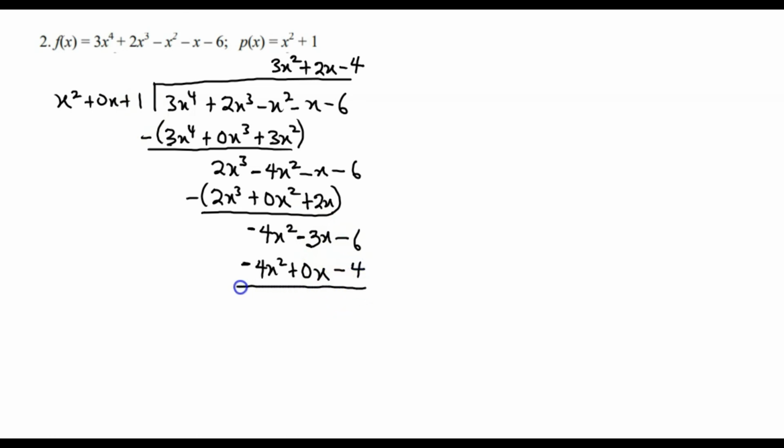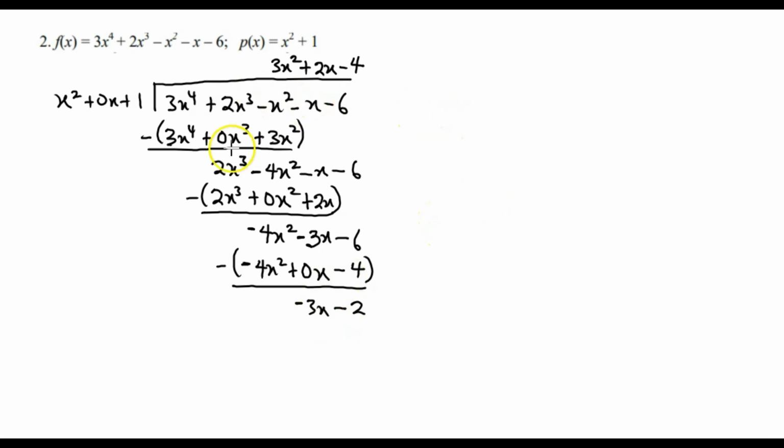At this moment, we subtract, we'll end up getting 0 for the first term. Negative 3x minus 0x will give us negative 3x. Then negative 6 minus negative 4 will lead us to negative 2. As long as x squared cannot go into negative 3x, therefore we end our division at this moment, which means